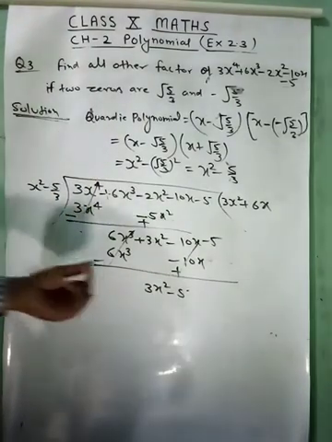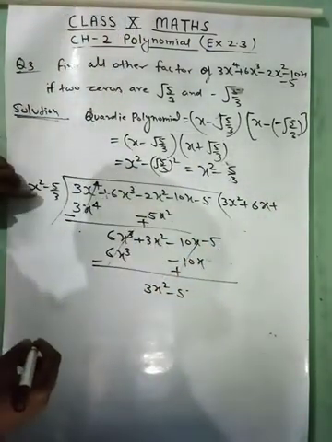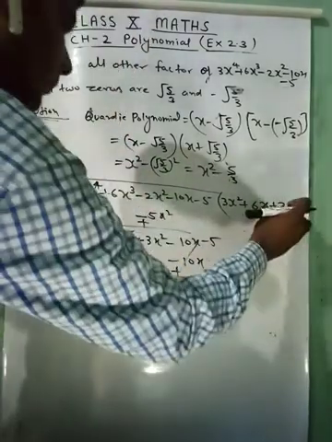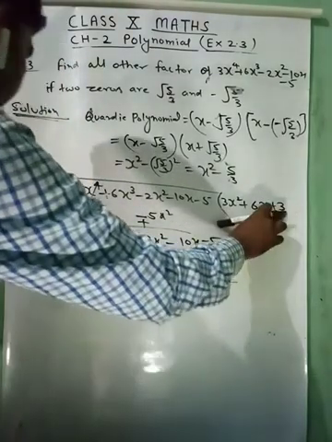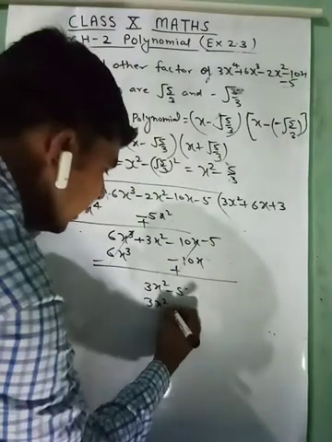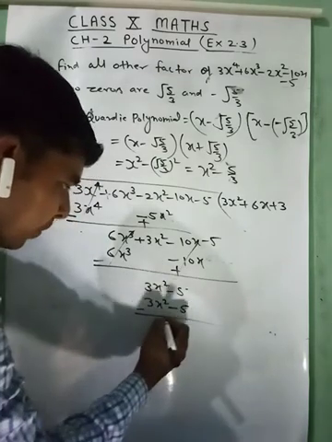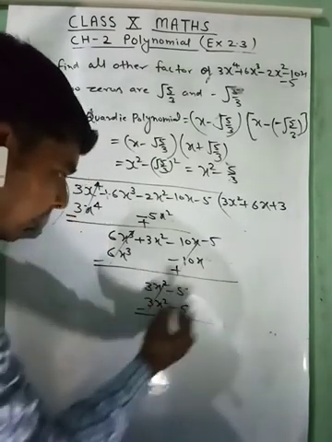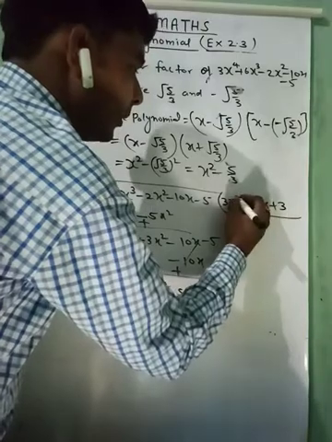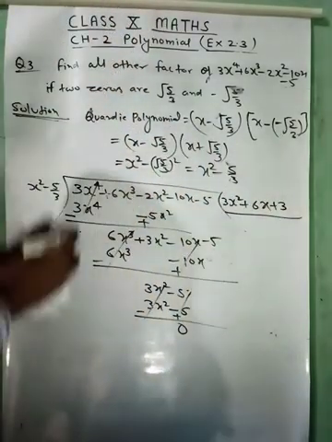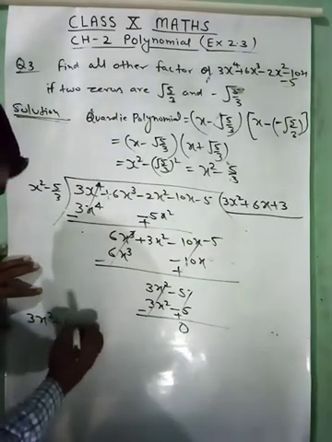Now we have to remove 3x square. Now we take here 3. When 3 is multiplied with x square, it is 3x square. And when 3 is multiplied with 5/3, it will be minus 5 left. Again we change the sign: positive, positive, negative, negative, negative, positive. This will cancel, it means the remainder is 0. So our quadratic polynomial is this, it means the quotient is this. Now we have to do the factor. 3x square plus 6x plus 3.